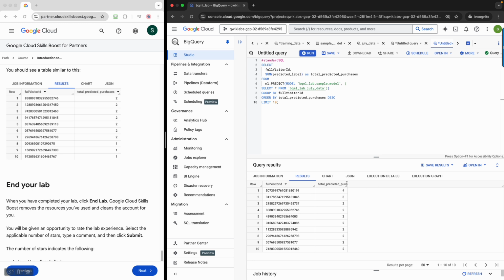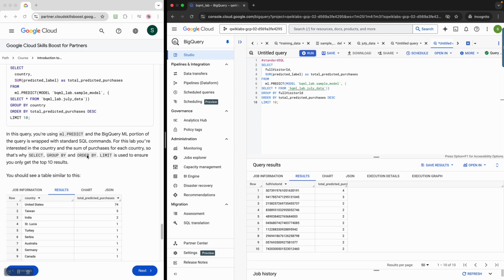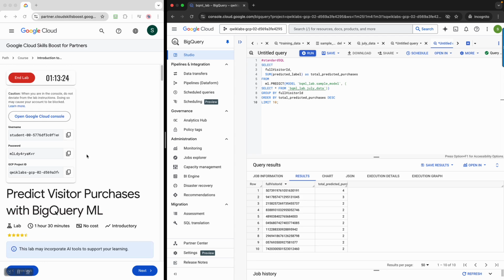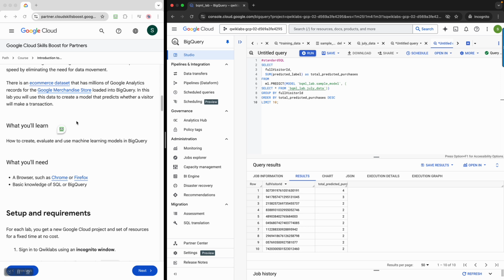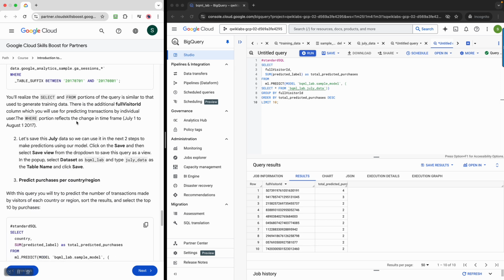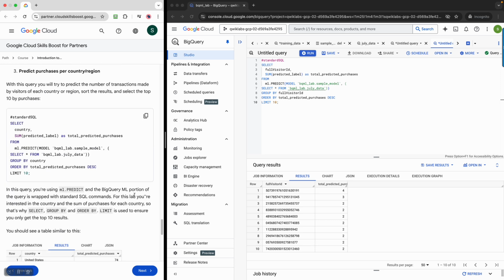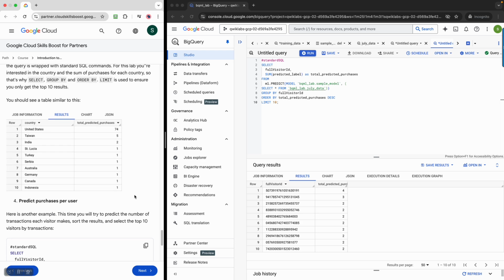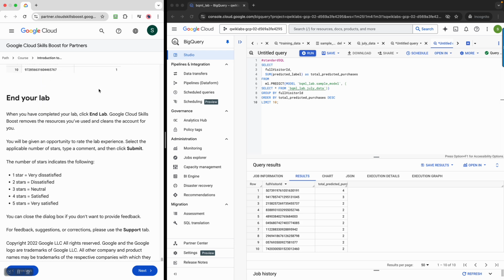So basically what we did is we created a model in BigQuery and in that model we have done the analysis of the purchasing power of the visitor ID. That is what basically we have done. So this concludes the session. I suggest you go through these technical terms. I didn't discuss anything over here, but if you want, you can go through this session and then try it on your own. Because these queries are already available, you can pause the video and go ahead and check it out. Thanks for joining. Have a great